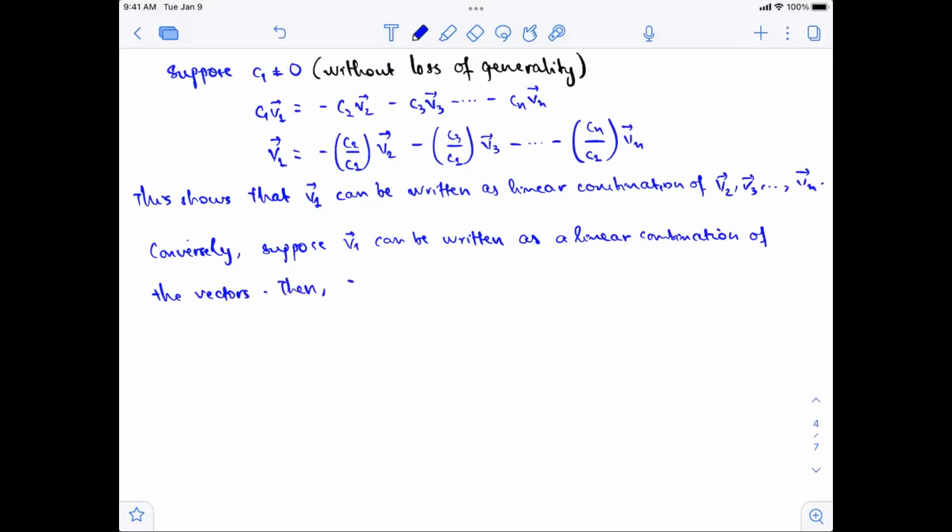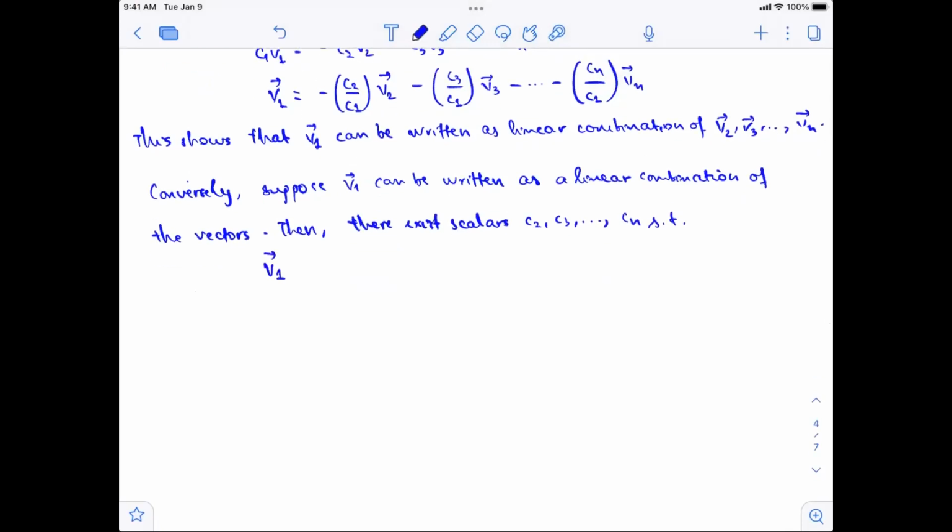Then there exist scalars C2, C3 up to Cn, such that